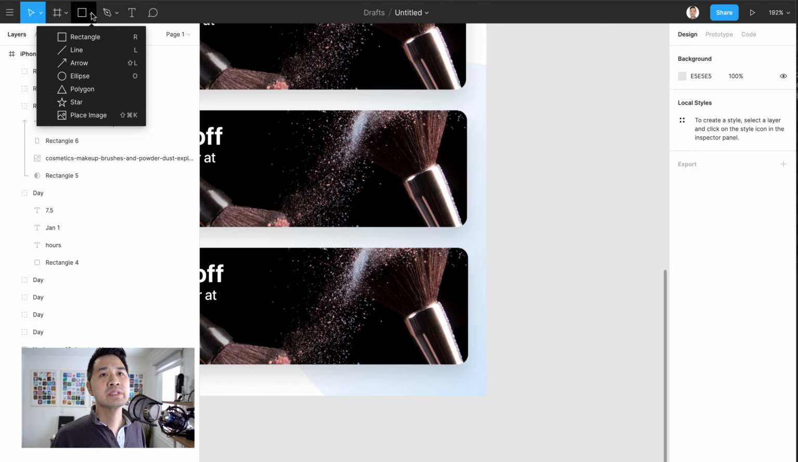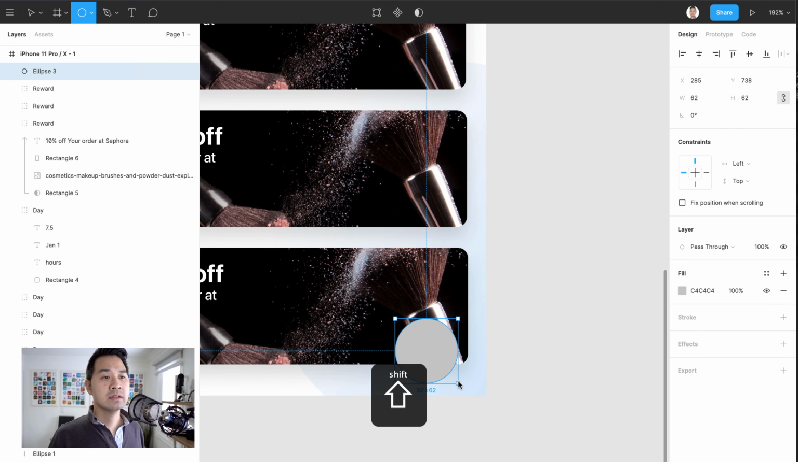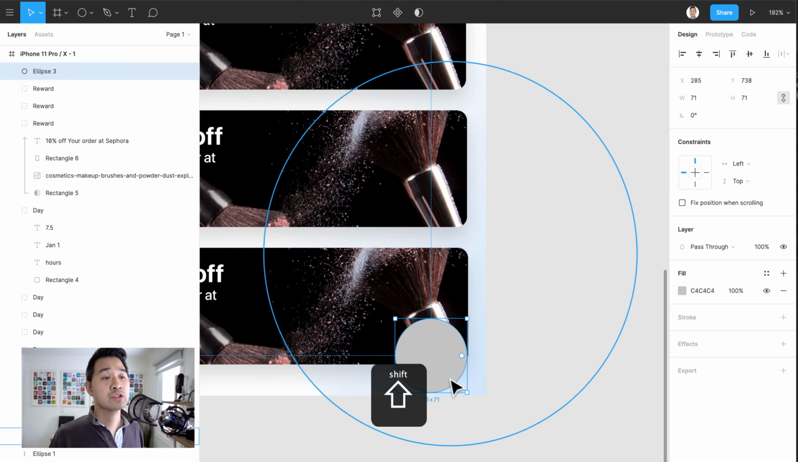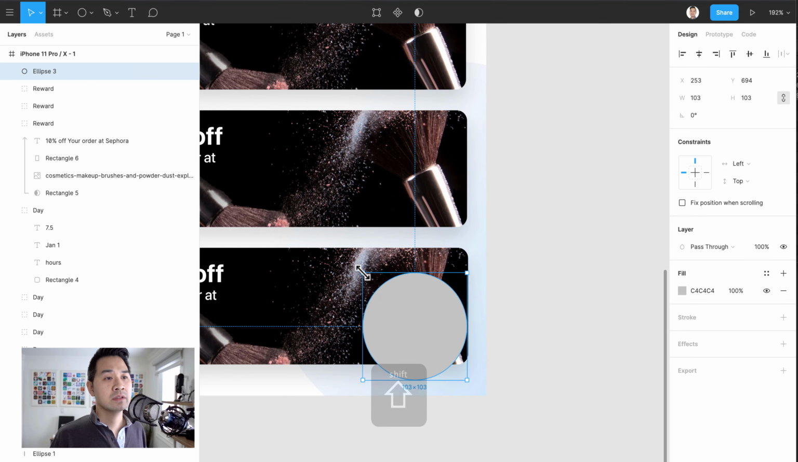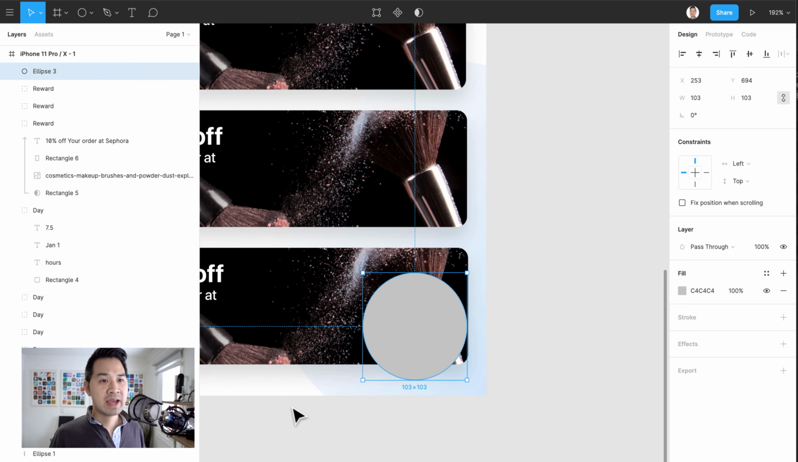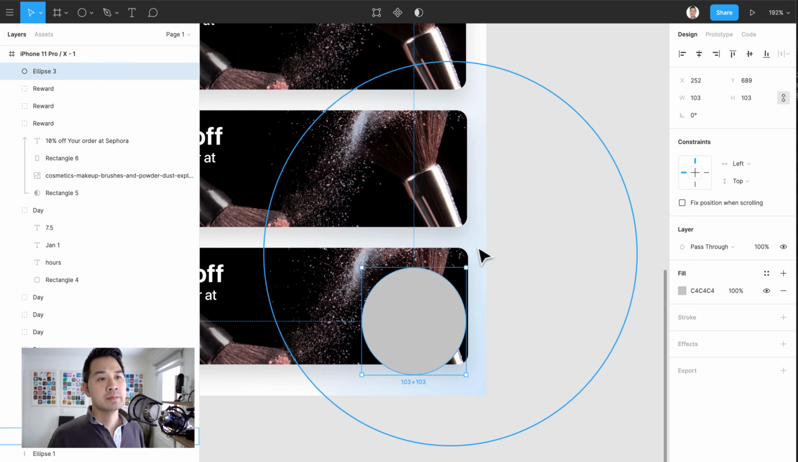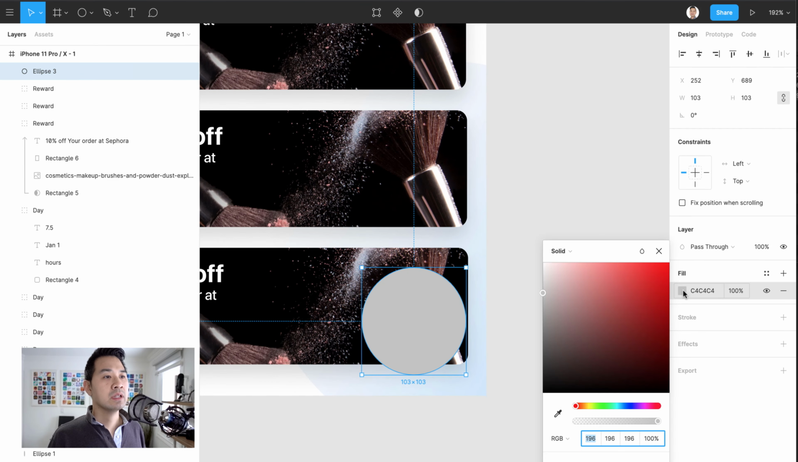So for an ellipse, just choose ellipse or O, and then go ahead and click and drag, holding shift so you get a perfect circle. You can make it a little bigger depending on what you want. And I'm going to hold down command and choose the frame so I can make sure that the margins are 20 from the bottom and 20 from the right. And then I'm going to choose a color like